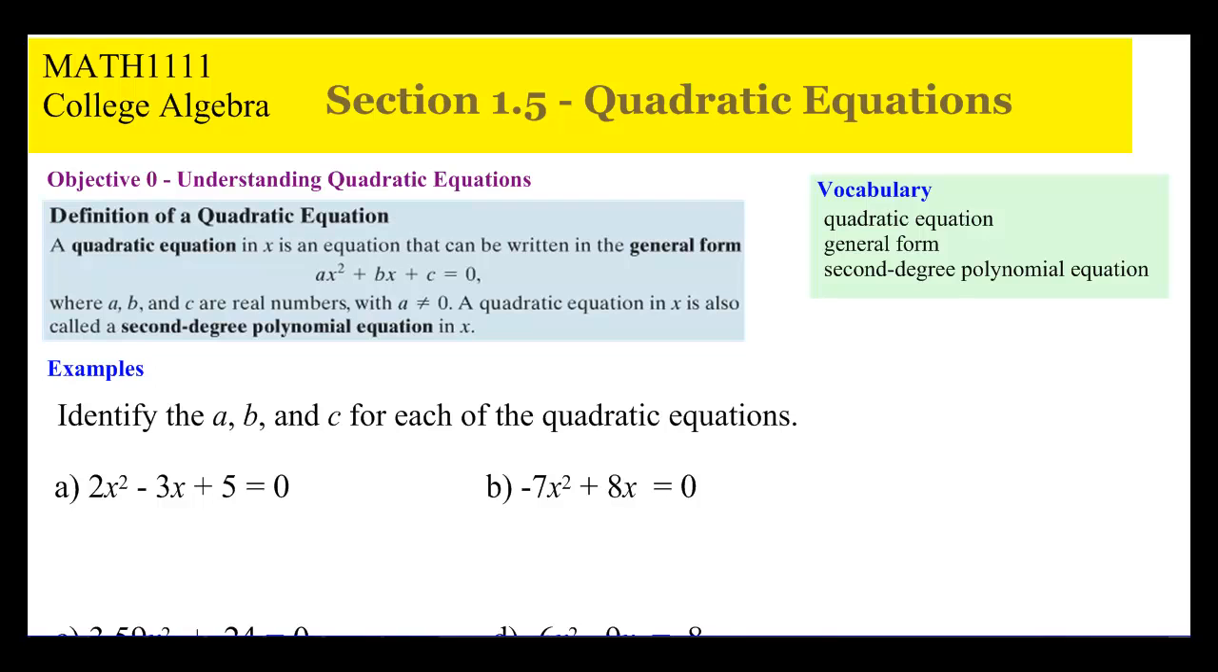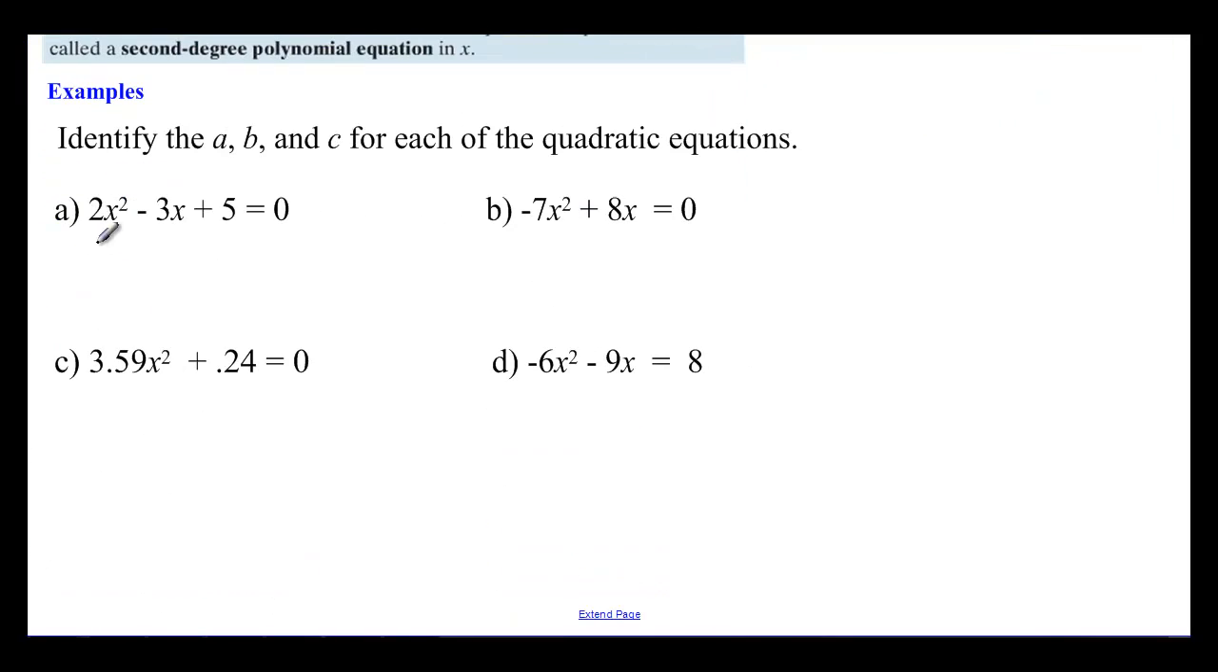So we've actually already talked about quadratics. We've already graphed them and done transformations with parabolas. For this page, though, let's focus on being able to pick out the a, the b, and the c. So for our first problem here, the a is going to be this 2, the b is going to be this -3, and the c is going to be 5. For our second example,